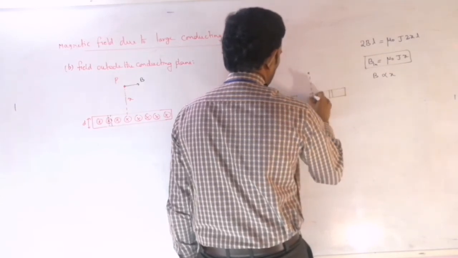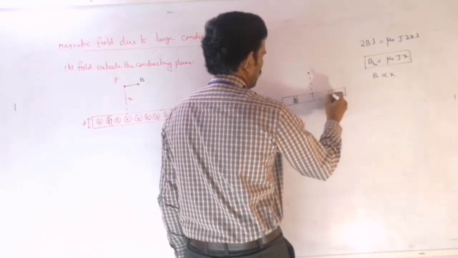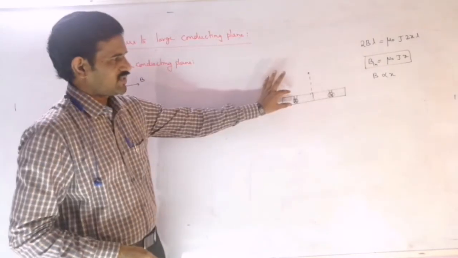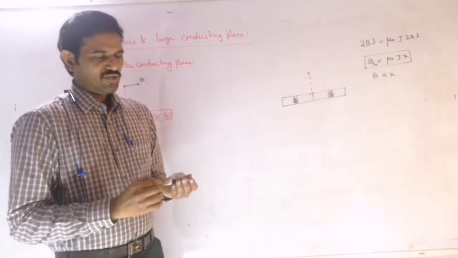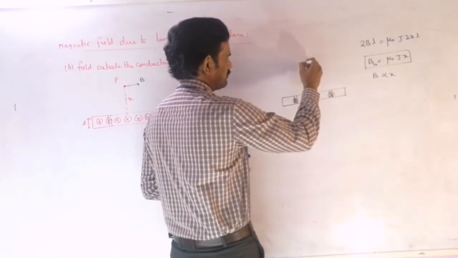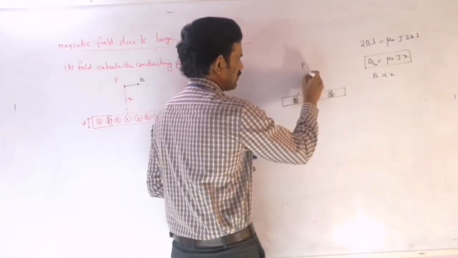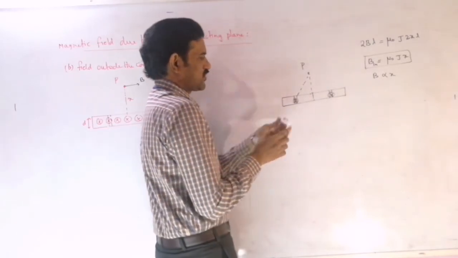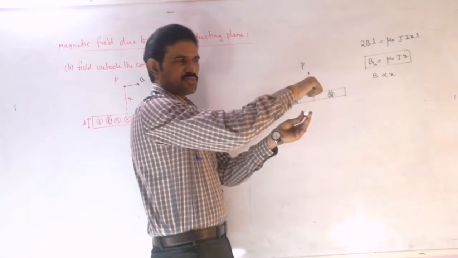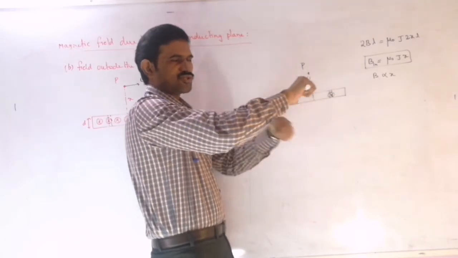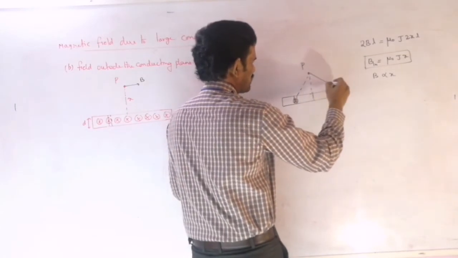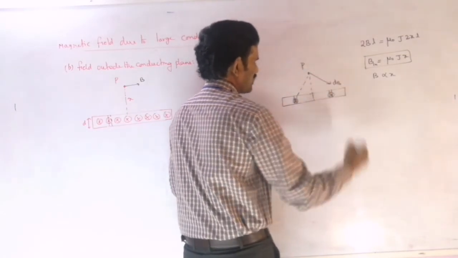So this is our point here. Here current is into the plane, and here also current is into the plane. Everywhere the current is into the plane. So here we are taking this one element. The magnetic field due to this element at this point P, this is our point P here. Now this small element we can consider as a straight conductor. So the magnetic field due to this will be along this direction, perpendicular to this radius direction. So this dB you will get along this direction.